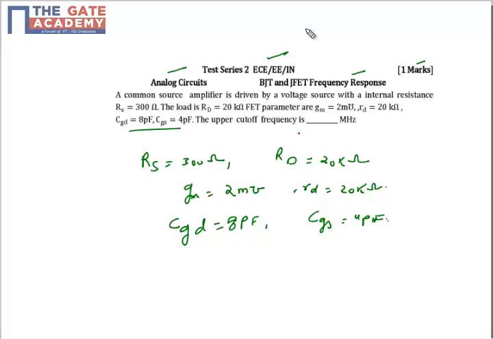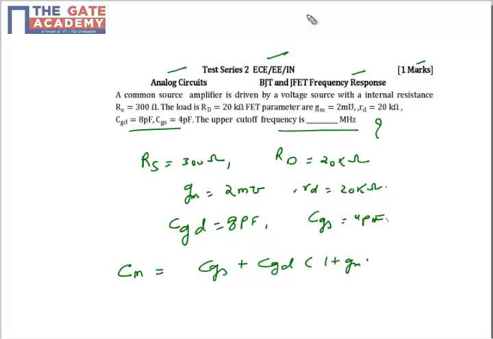The question says to calculate the upper cutoff frequency. You need to calculate the upper cutoff frequency. Friends, we know that in case of high frequencies, the effective capacitance CM is CGS plus CGD times (1